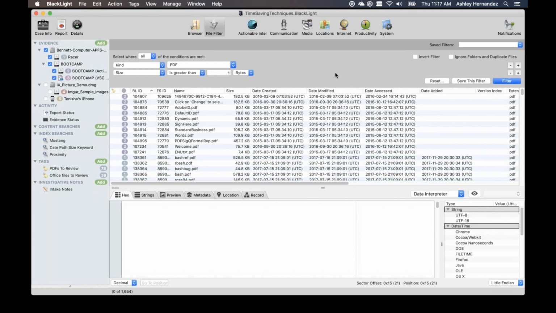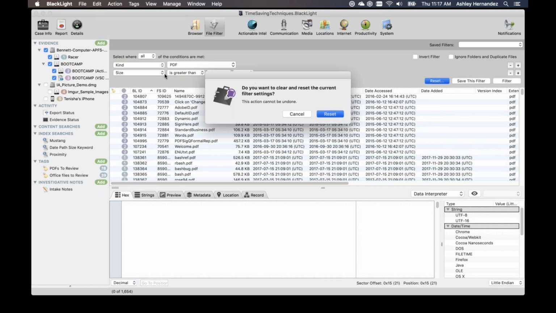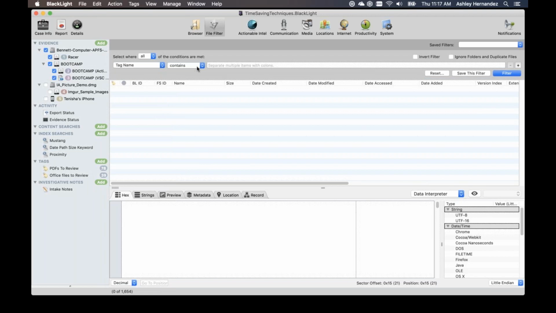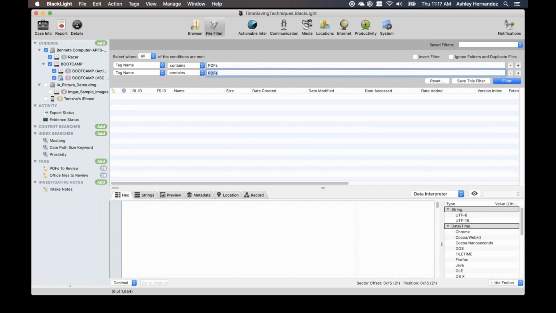Another thing that we can do is go ahead and combine items that we've tagged. So I'm going to make a new filter here. And we have this tag name. And I'm going to say I want to tag or anything that has the PDFs. Maybe I want to go ahead and work with both the PDF tags and the ones that were the Office files. And I want them to be, instead of in both, it's a PDF and an Office file. That likely isn't going to happen. I want to make sure that it's either in the PDFs tag or in the Office tag.